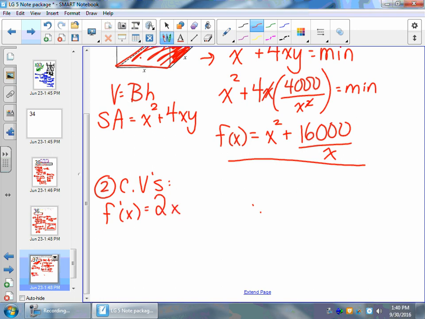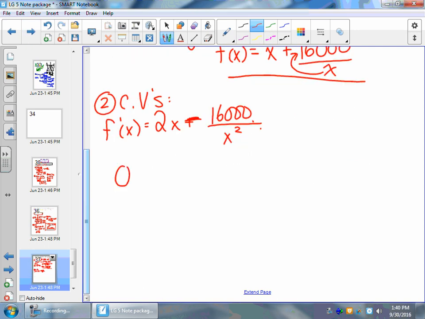So that's going to become 2x plus, and you can do this in a couple ways. You can either make it 16,000 times x to the power of -1, or you can use the quotient rule. It's completely up to you. If we use the quotient rule, let's say this times the derivative of that is 0 minus, so I'm just going to change that to a minus, 16,000 times the derivative of x is 1 over x squared. Okay. Now, if I set this equal to 0 in order to find my critical value,